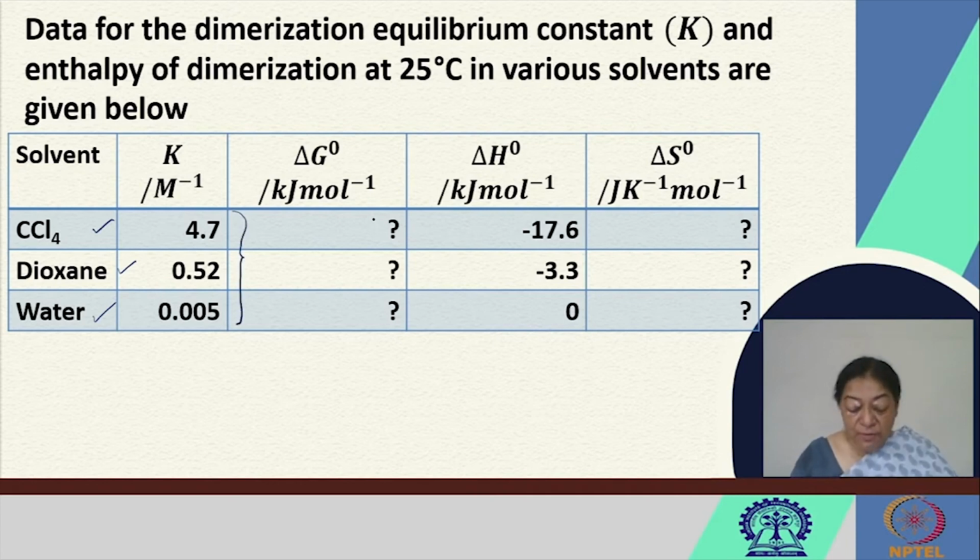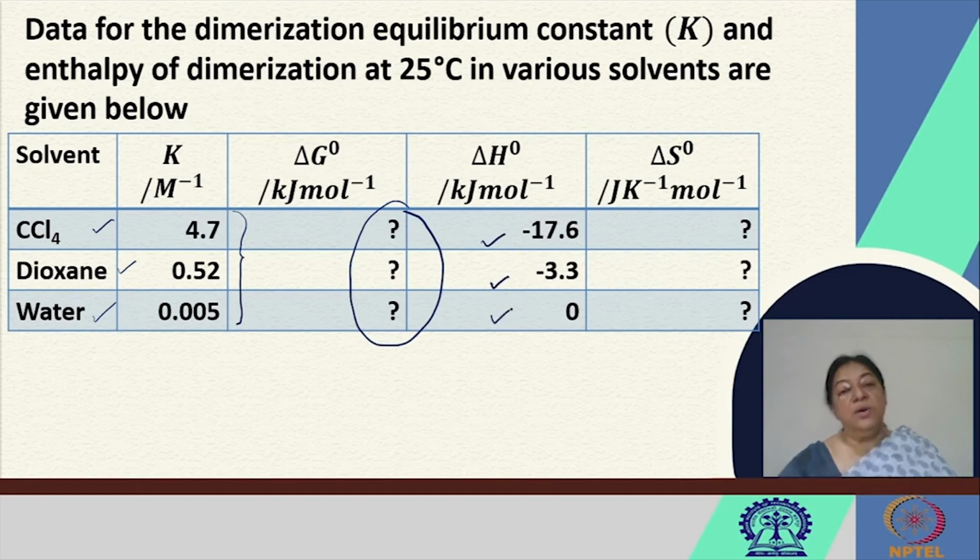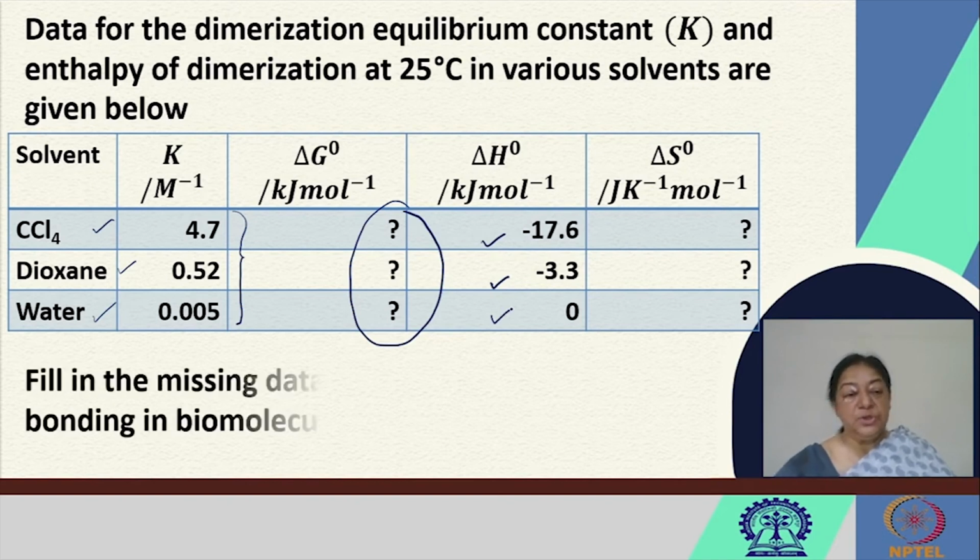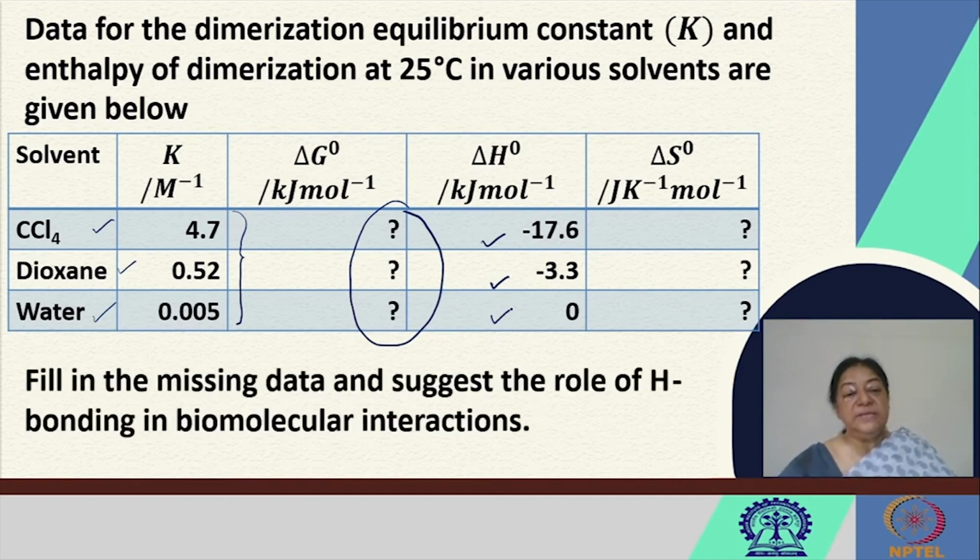We have, from the equilibrium constants, we can determine the free energy, the change in free energy, and from a knowledge of the values of our enthalpy changes, we can find out the corresponding entropy changes. So, we can fill in the missing data and suggest the role of the hydrogen bonding in biomolecular interactions by